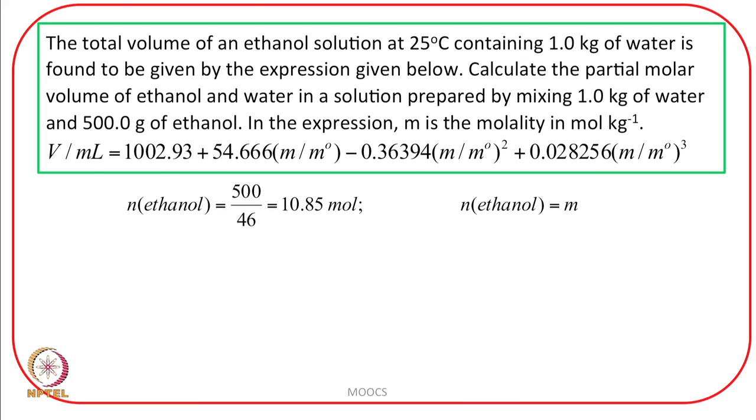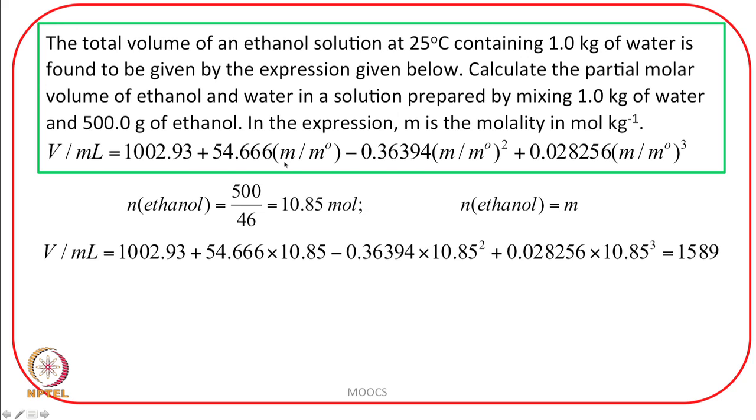This is the point to be noted over here, that since n is equal to m, the partial molar volume can be determined by differentiating this equation with respect to m. When you differentiate, you will get the partial molar volume. But first of all, we will need the total volume. The total volume of the solution,